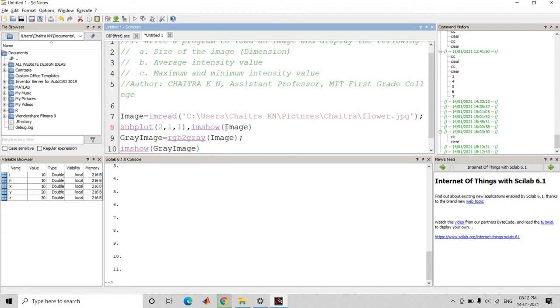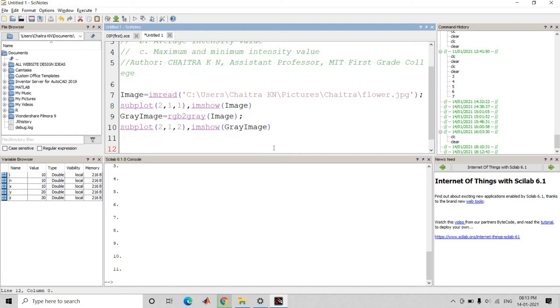The last 1 means the RGB image is shown in the first block of the two rows, one column blocks. Here the RGB image will be shown in block 1. Same here also, subplot of 2, 1, 2. Here the gray image is shown in the second block. The third parameter indicates the block number in which that image has to be shown.